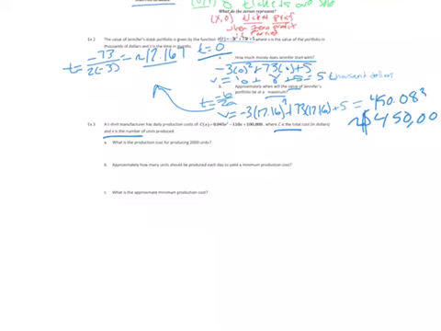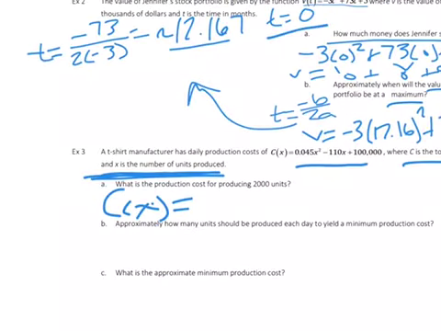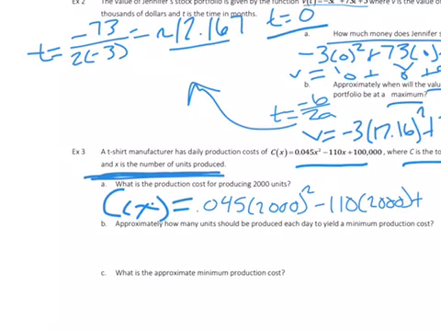Well, since we're talking about units and x is the number of units, I'm going to find where x is in this equation and substitute x for 2,000. In this case, it's going to look like C of x equals 0.045 times 2,000 squared minus 110 times 2,000 plus